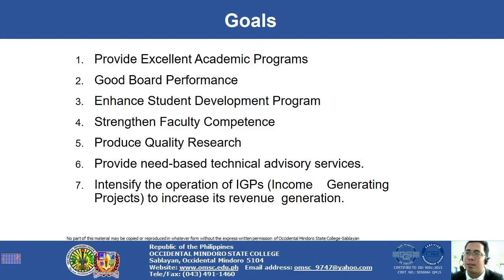What else? Yung mga faculty competence. That's why nagkakandak ng mga seminars ang OMSC para mapataas yung quality ng pagtuturo. Okay? This one, produce quality research. Ito yung maganda sa OMSC because we do provide a research which is quality. Okay? Why? Kasi